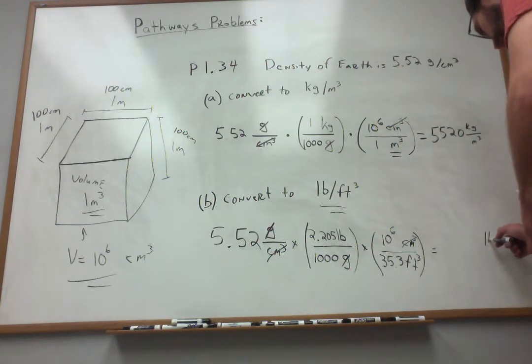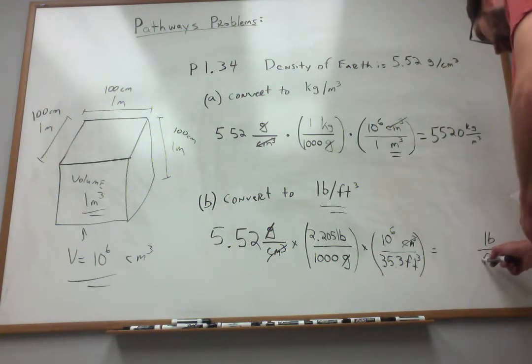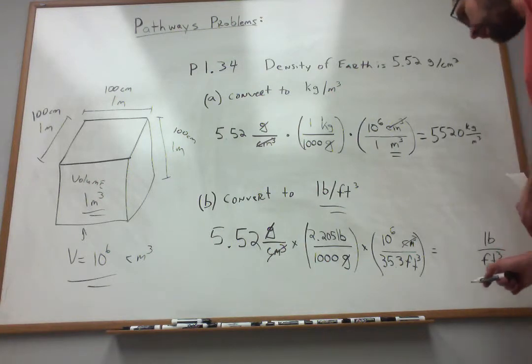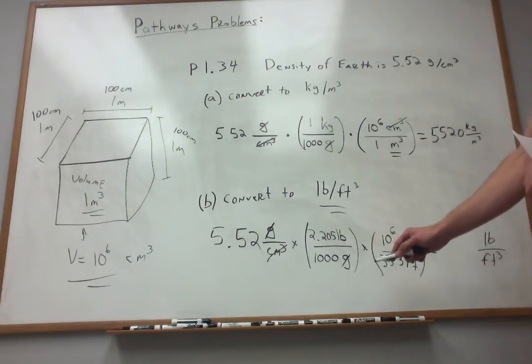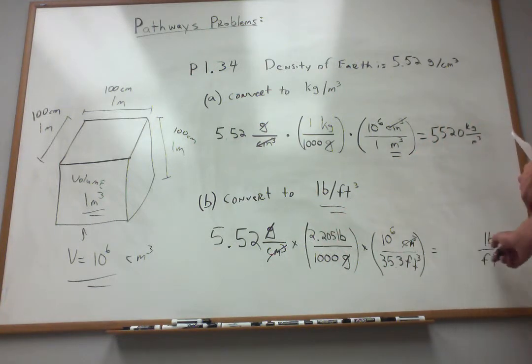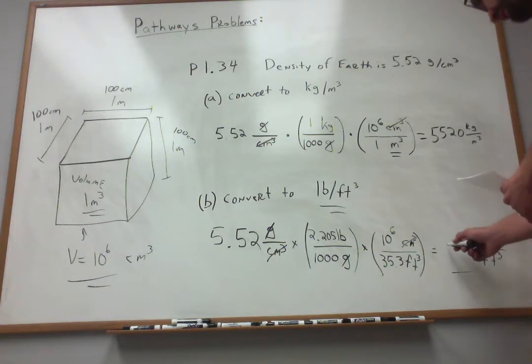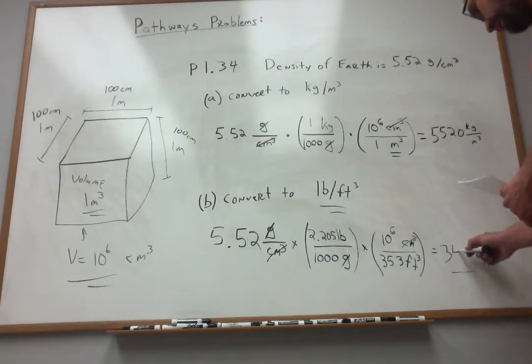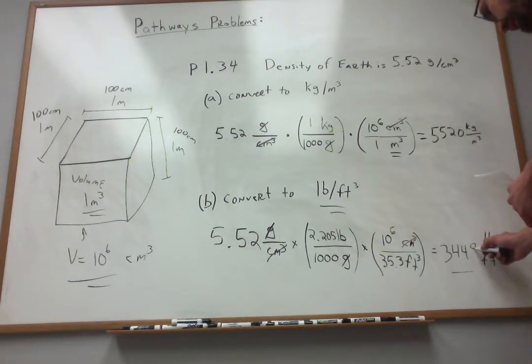So now I've got my math, and I believe I'm going to work out into my desired units. Right, I converted to pounds here. Grams are gone. I've also gotten rid of cubic centimeters. I've got pounds per cubic foot. And the result that I get from my calculator is 344.8